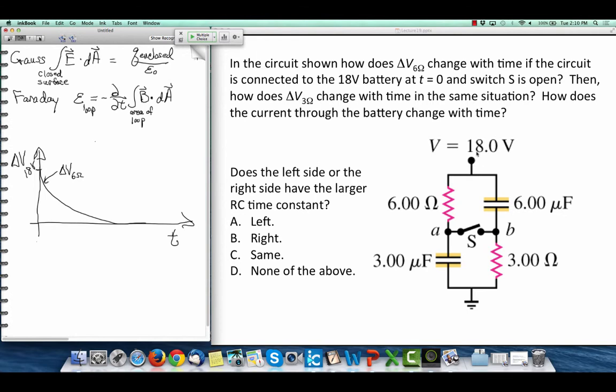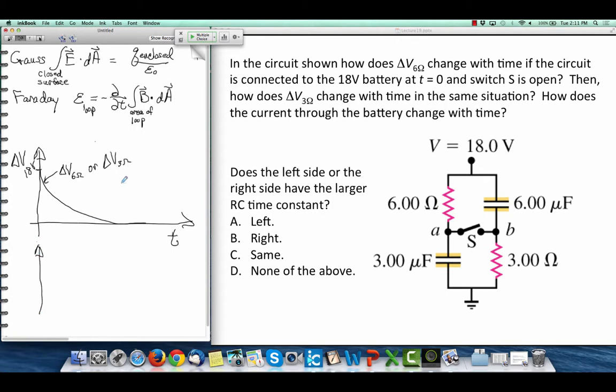Similarly, when I hook up the battery, that whole 18 volts between here and here, none of it is across the capacitor, so it is also all across the resistor. So this is the same picture. It's got the same time constant, so it's got the same exponential time dependence, and both voltages across the resistors start at 18 volts. And they go down in exactly the same way. And so if you were trying to find the current through the battery,